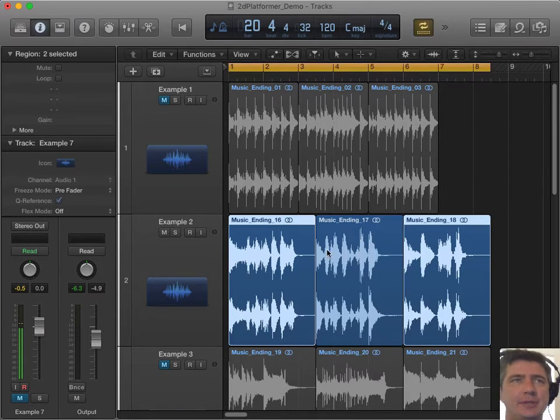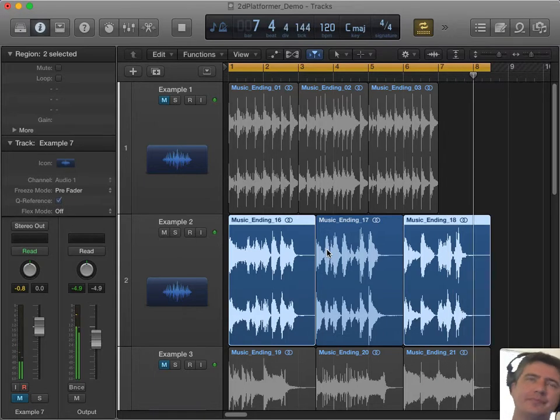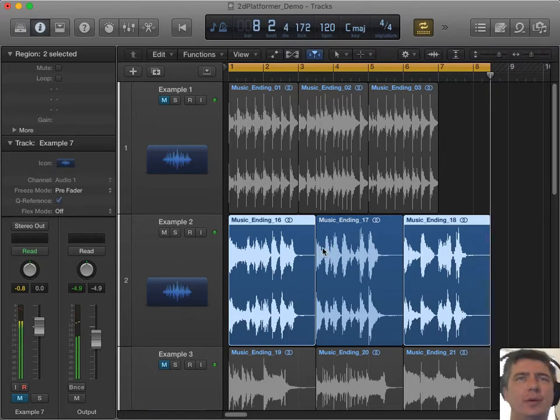Here are 3 endings. So strong musical resolutions. Put a nice period at the end of the sentence.